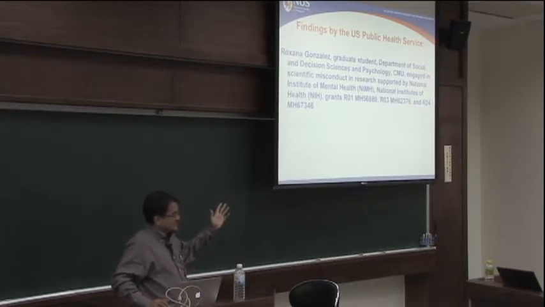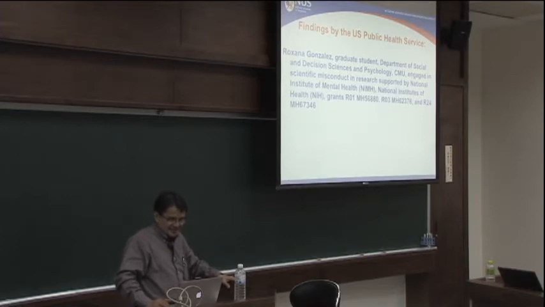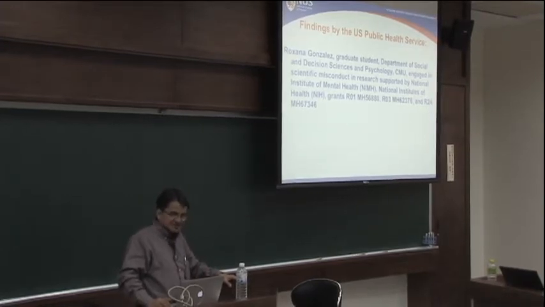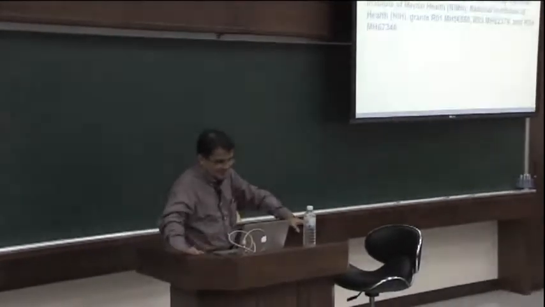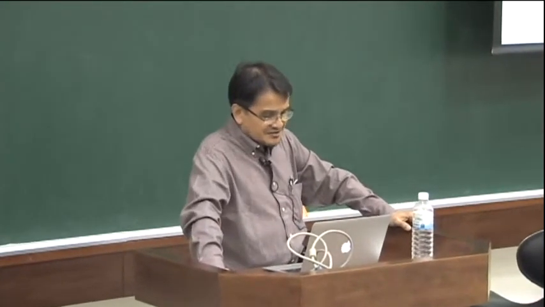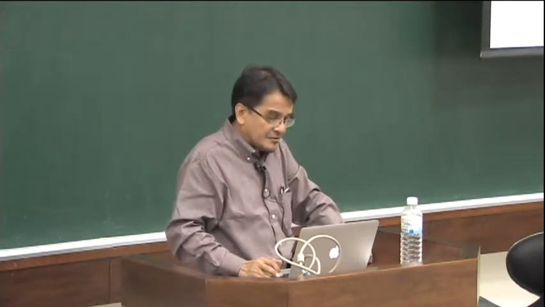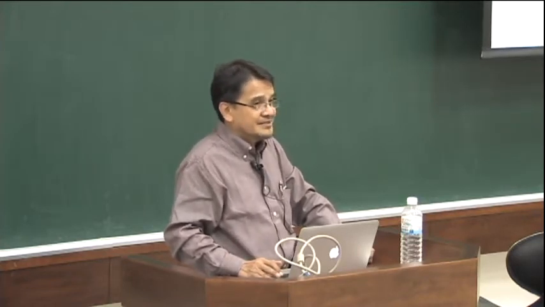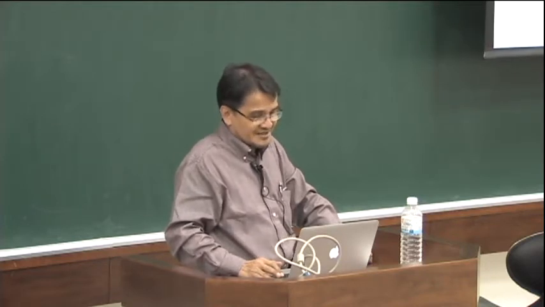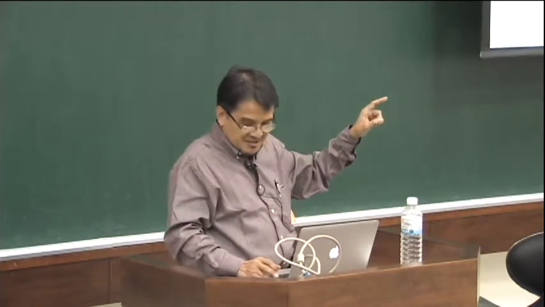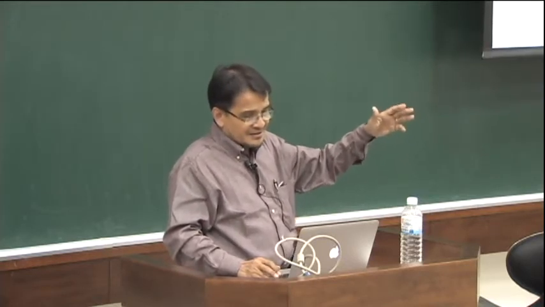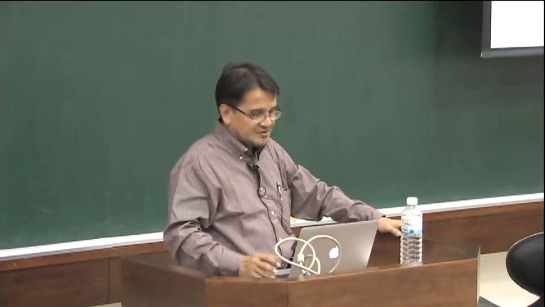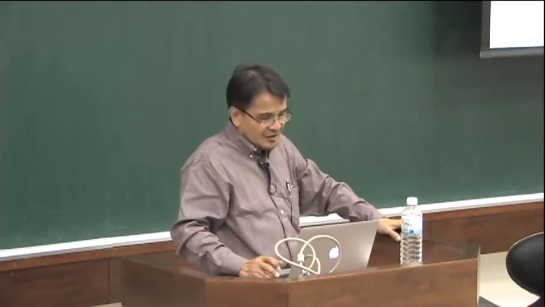They tell everybody that you are a graduate student from the Department of Social and Decision Sciences and Psychology of, I forgot the meaning of CMU, which university, engaged in scientific misconduct in research, and they give the name of the grant that you used, and they itemize the kinds of misconduct that you did. That in this research, you altered the main dependent variable, you changed some data. Okay. So a very specific listing of the things that you did,